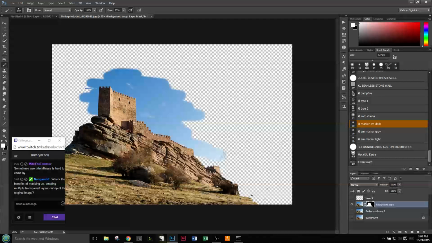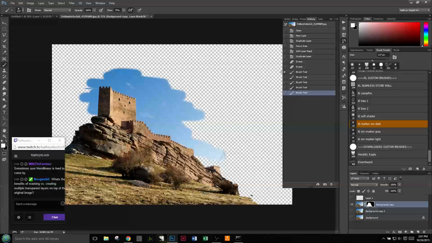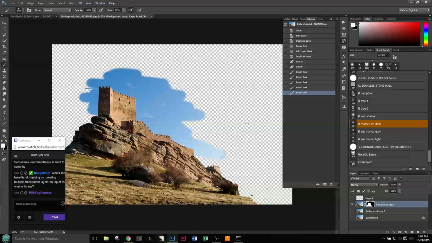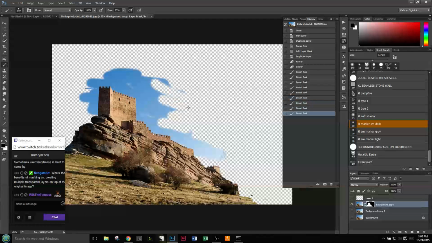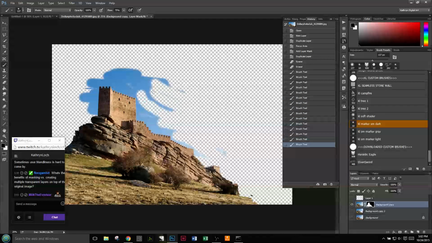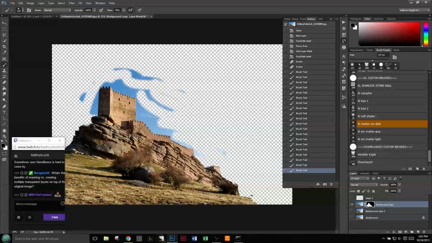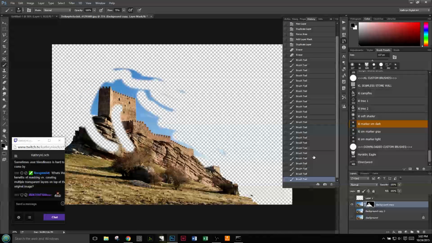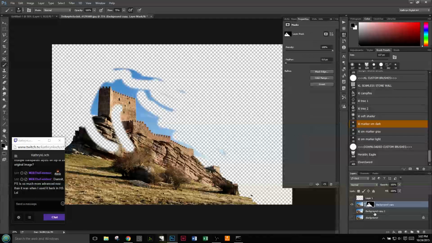I can erase something without erasing it. If it's like, oh, doggone it, I shouldn't have done that, and you're beyond your history list here. And believe me, when you're using a brush, that will go away really quickly, because every time I put the brush down, it is going to change. And if I keep going like this, the next thing I know, I'm not going to be able to fix what I just did. But using the layer mask,